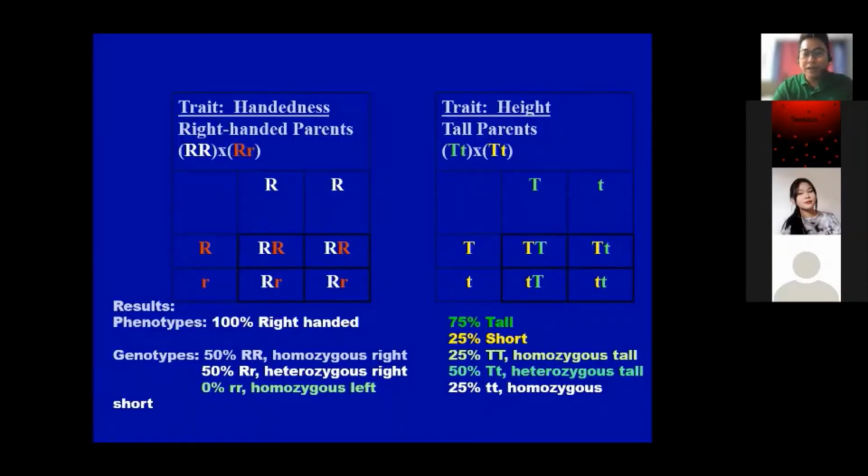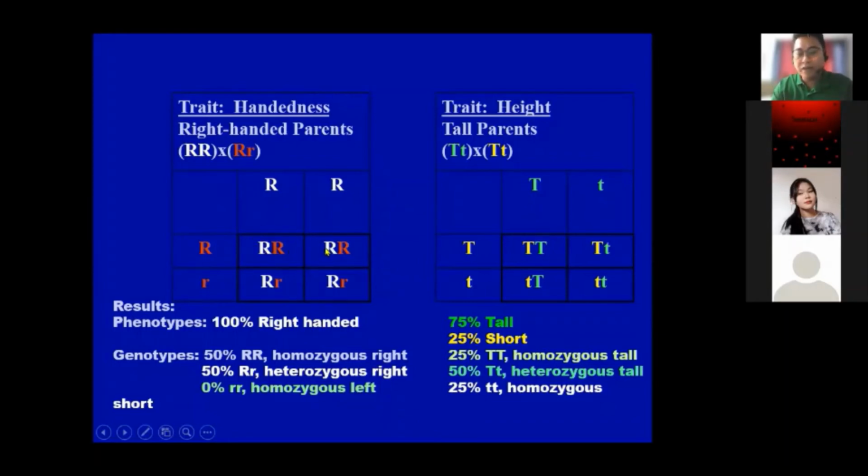Okay, so ayan. So we have a comparison wherein ang parents natin is handedness, ang trait na kino-compare natin. So right-handed parents, we have pure dominant right-handedness, and then we have the homozygous right-handedness. So there is a 100% na right-handed ang magiging offspring nila.